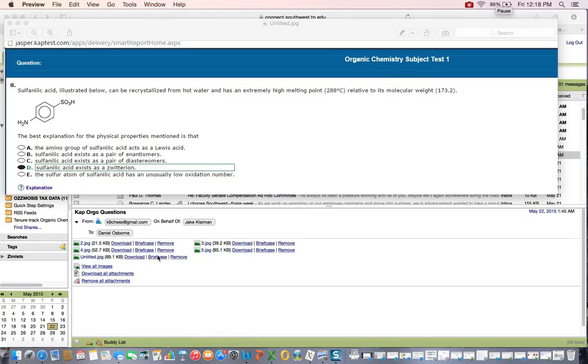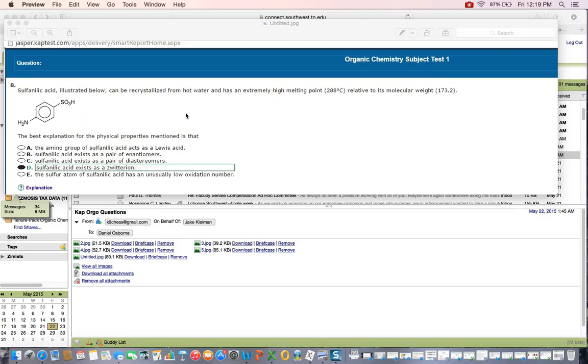All right, so we're going to look at some problems from the organic chemistry subject test. This is in preparation for the DAT. So if we look at question 6, we have a molecule of sulfanilic acid, and of course its structure is